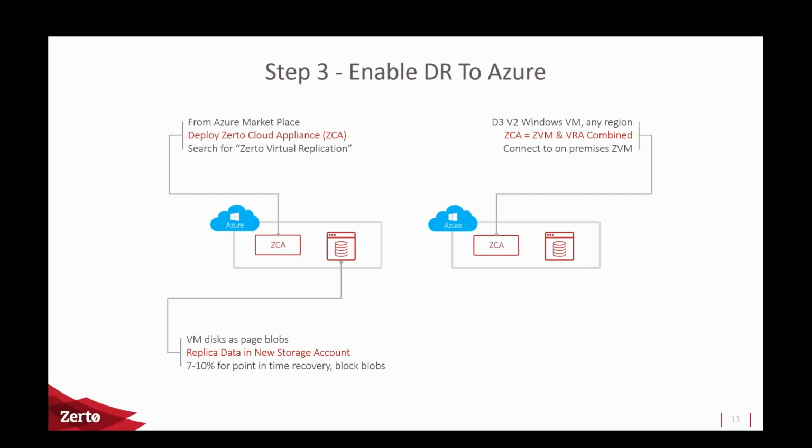And this is a scale-out architecture in that we recommend 200 VMs for each ZCA, or roughly around 90 megabytes a second of sustained writes. So if you want to protect more than 200 VMs, then deploy more ZCAs. If you want to protect VMs between multiple regions, maybe have them split out by department or team or business unit, deploy more ZCAs. It really is that simple. And the beauty of it is that there are no recovery VMs created until you need them. And when they are created, they're locally redundant standard VMs, and you can pre-configure the sizing,